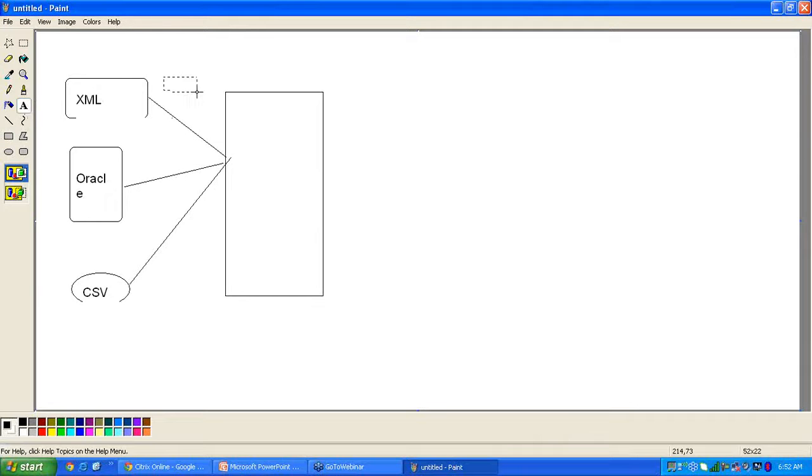From the different source systems, they will extract the data, and in the staging layer they transform the data. The T in ETL is transform, and they load it into the centralized database. They load into the centralized data warehouse or database.